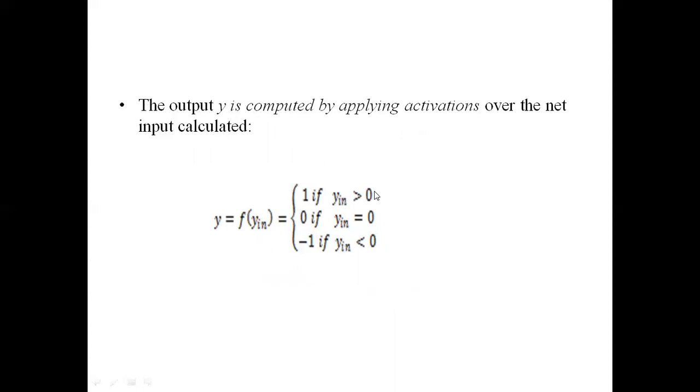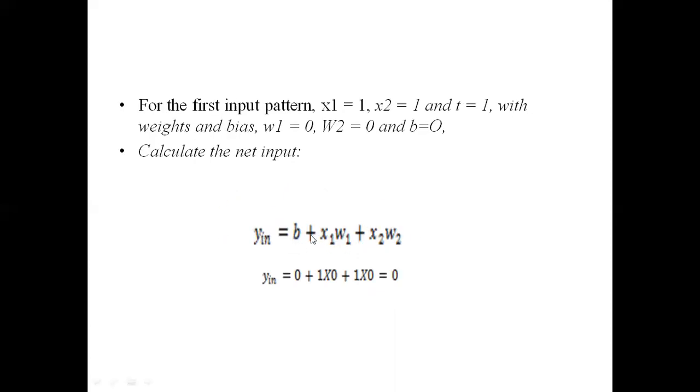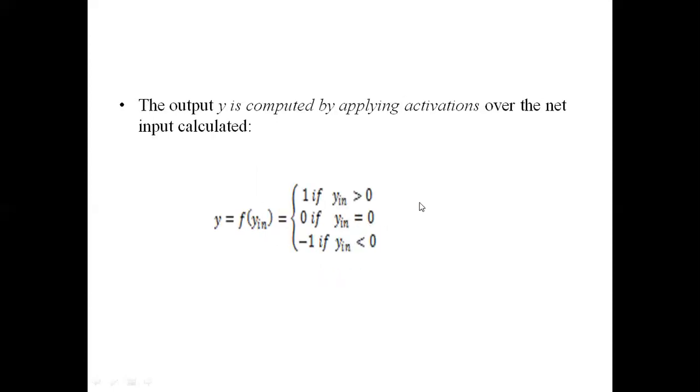Now one more important thing to understand is the output, that is, y is computed by applying the activation function. So what is the activation function? After calculating the y_in value, that is b plus x1 w1 plus x2 w2, so first we calculate the y_in value, then we put the y_in value in the